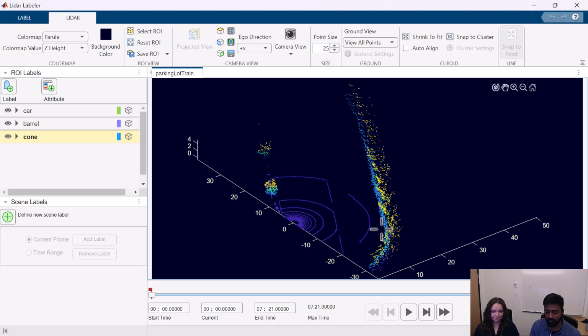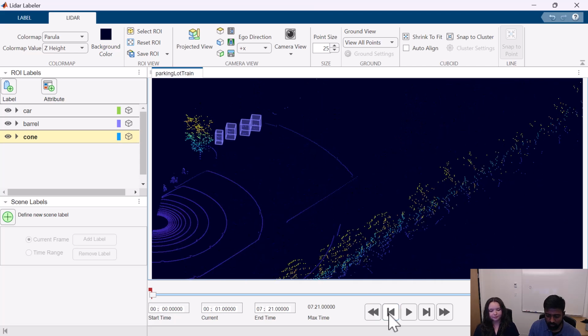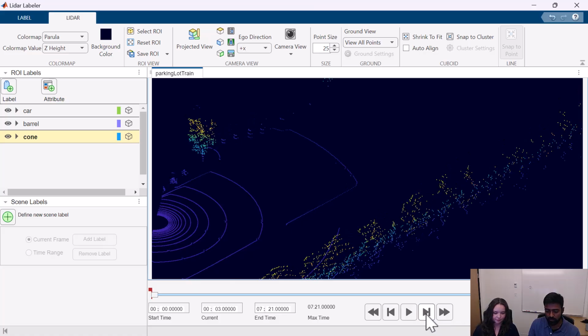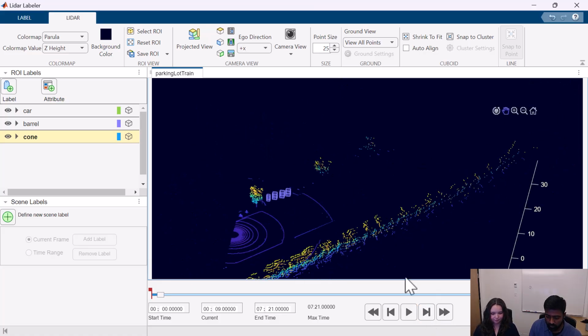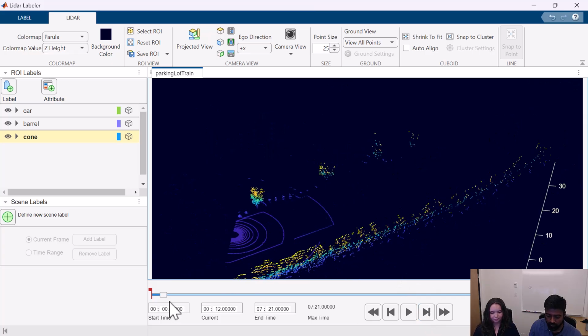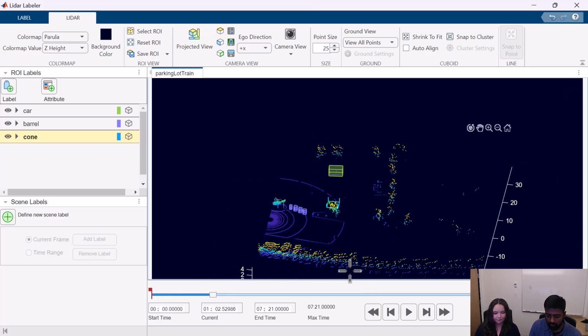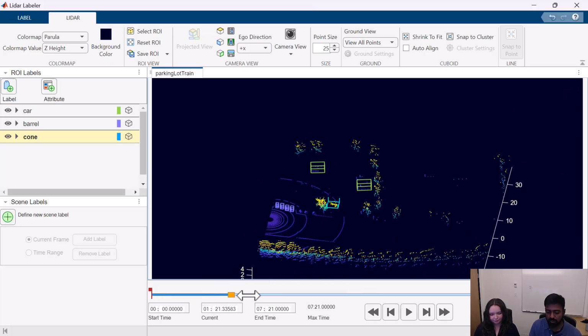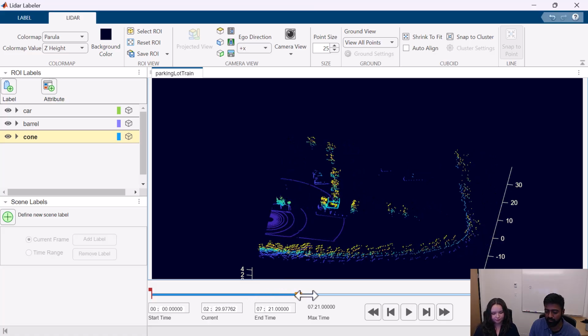Great. Now that the new labels have loaded, let's see how all of them look. You can see that all the barrels are labeled. If I just move ahead, you can see they've been labeled for every frame. And let's skip forward a bit to see some other options, like a car that was labeled. This way you can just play around with the data set and then move forward and see all the different data that was labeled.